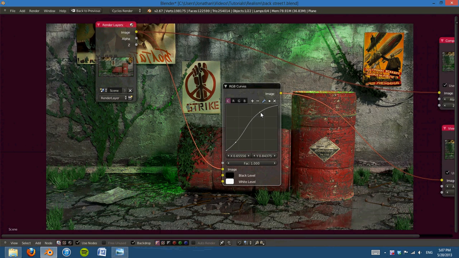But anyway, basically with a little S curve, we're taking the lighter values and making them a little bit lighter, and we're taking the darker values and making them a little bit darker. However, since the overall scene is a little bit flat, we can move this down